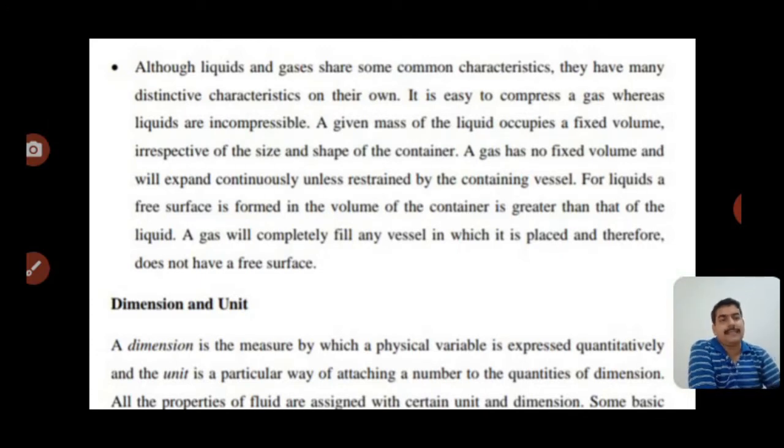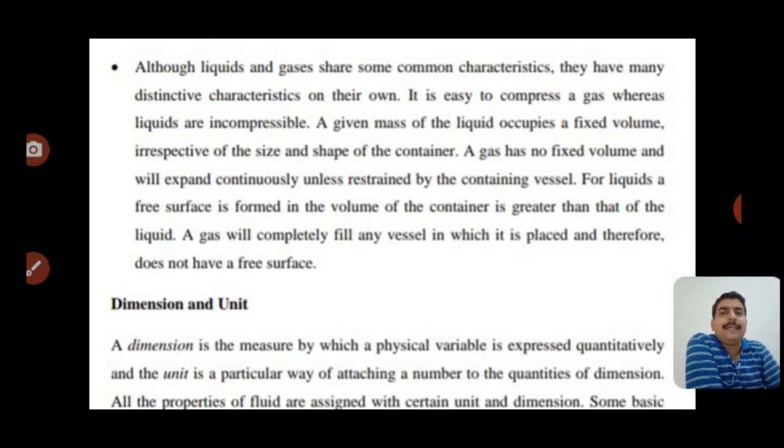In the gaseous case, gas is always in Brownian, zigzag motion. When we fill a gas in any container, the gas also occupies the shape of that container. For example, a tube, a tire tube, a bicycle tube, a motorcycle tube. We fill air in it, and therefore the air takes this type of shape, circular or pipe shape, and occupies it easily.